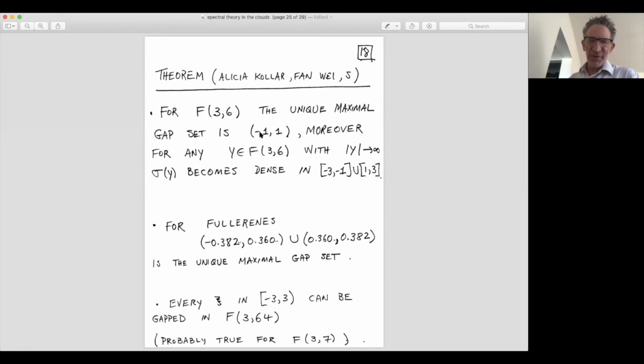For Fullerenes, we can't make as big a gap as that. There's a unique number there. These are algebraic numbers. I've written them to some number of decimal places. The interval is smaller than -1, 1. It's -3.82 plus 3.82 with a unique point eigenvalue in the middle there. That's what it's converging to. And it's the complete answer for Fullerenes. This is the unique maximal gap set, and you have to become dense outside. And in terms of when do you rigidify, we believe that the minute you put 7 here instead of 6, you probably can then create gaps everywhere. But right now we only have a proof that if you allow 64 sides to a face, then you'll rigidify.